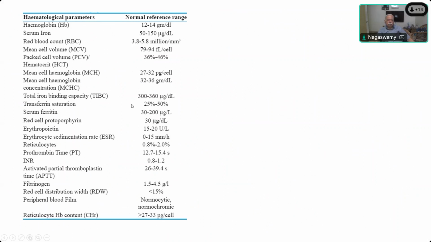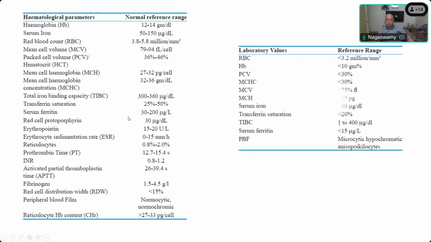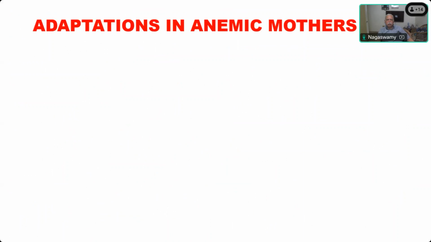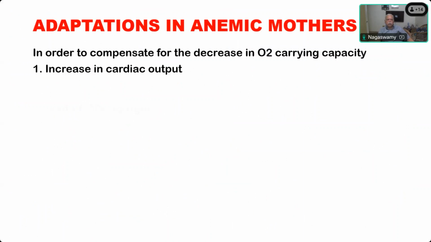But from the examination and the anesthesia point of view, unless the patient is grossly anemic, we normally don't do all the investigations, but we stop with the ferritin, transferrin and CRP levels. And the laboratory values with their normal levels, and because the adaptations in the anemic mother,